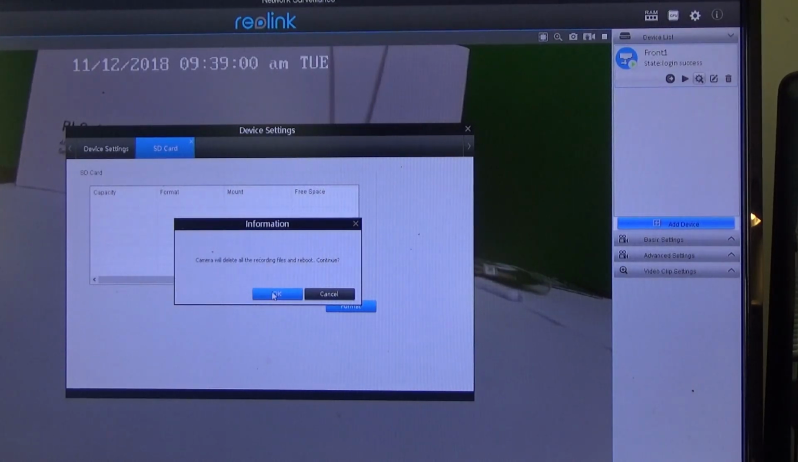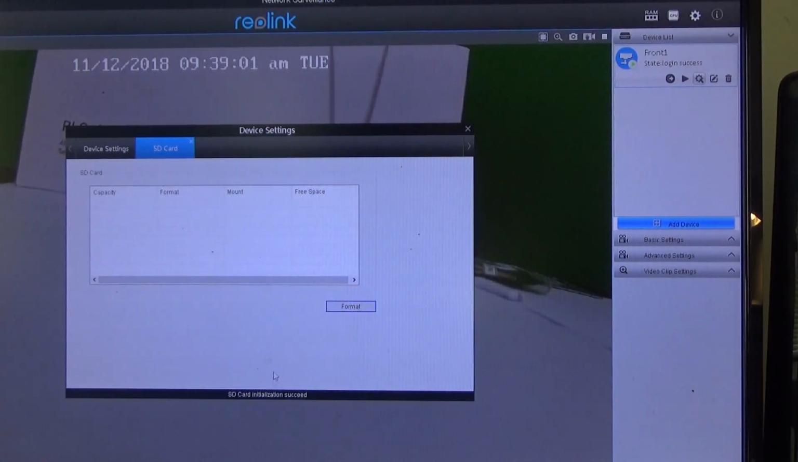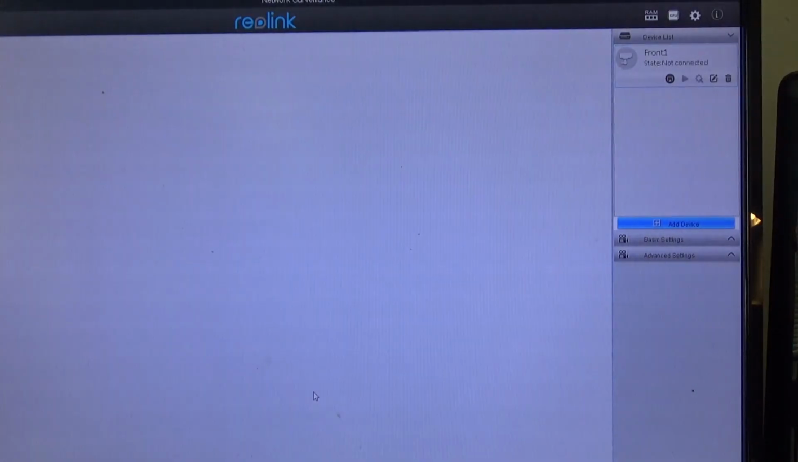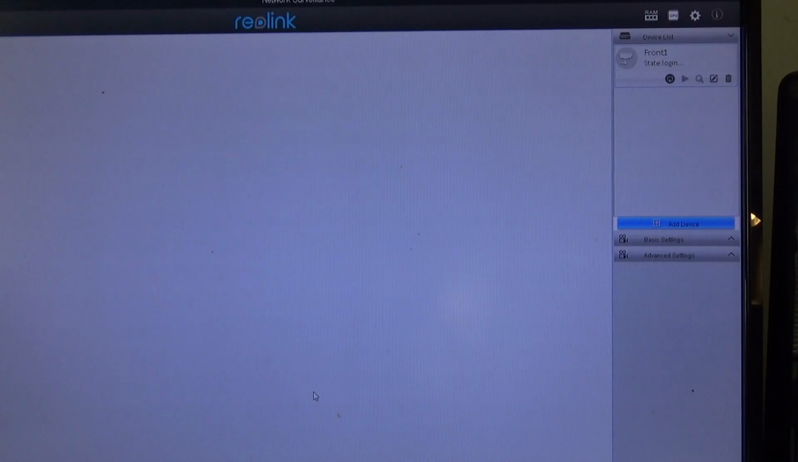And I tell it to continue, yes. So it initialized the SD card. You can see it succeeded. And here, SD card information query failure, and that's it. That's basically the issue. That's why I cannot get it to work. Now we wait till it reboots. When the camera is rebooted, I'm gonna show you,